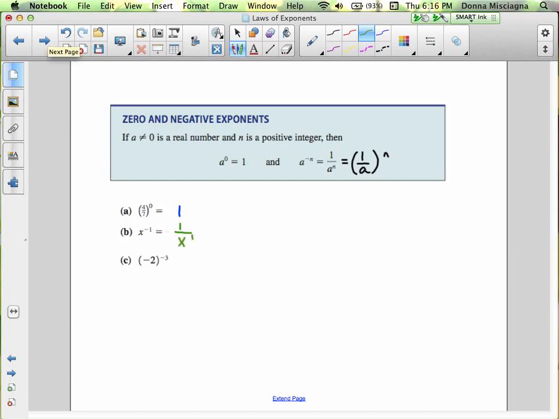And I could write it like that, or I could write it like this. This will be the exact same thing. But either way, it's going to be 1 over x, because anything to the first power is just itself. And now we have negative 2 to the negative 3 power. That's the same as raising negative 1/2